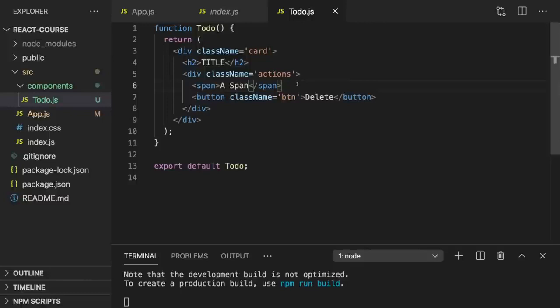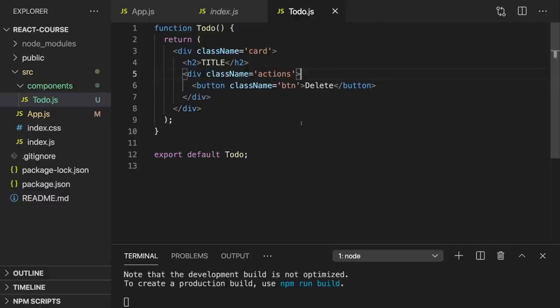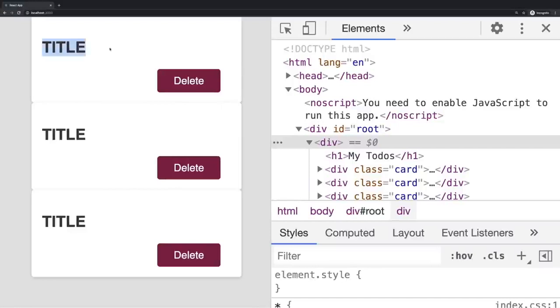It's the same concept here with React components. Though we don't need the span here, so I will get rid of that now. What we do need here, though, is some configurability. At the moment, all to-dos just say title. And that's not too useful. These should be different to-do titles for our